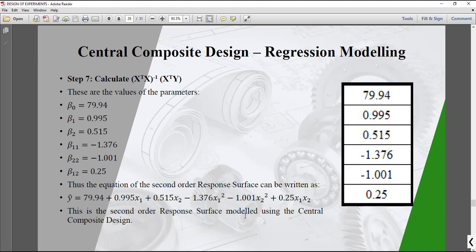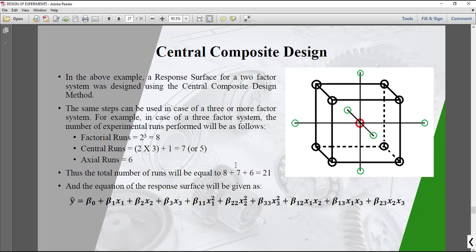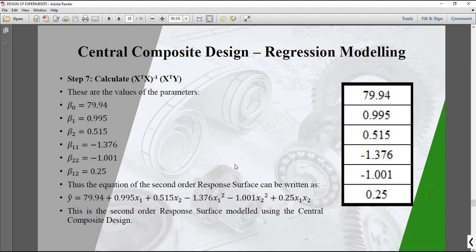So after all these calculations, again I will repeat, these calculations are not important, just the steps are important. No one is going to ask you to calculate this, because it is impossible to calculate all this by hand. We need a calculator to do all these calculations, right? So we just found the equation of the curve, that is the second order response surface that we have modeled. In a similar way, what I just did for two factors, I created a response surface model for two factors.